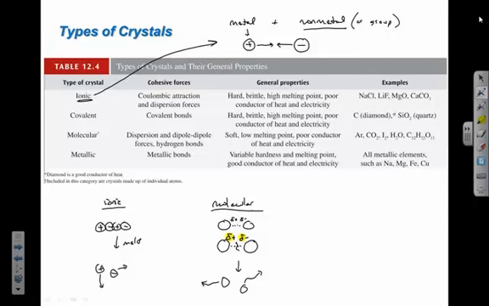And in an ionic solid, I have charged particles, but they can't really flow because they have to stick together to maintain their charge attraction. Their ionic bonds hold them together. The opposite charges keep them in place. So as a solid, an ionic solid generally doesn't conduct electricity well. But if I melt it, it will, because now I have the ability for the ions to flow and move around. Or if I dissolve it,